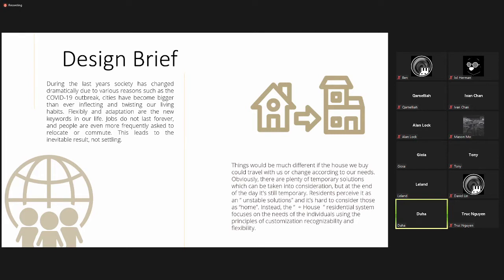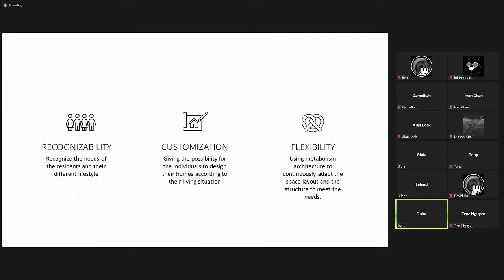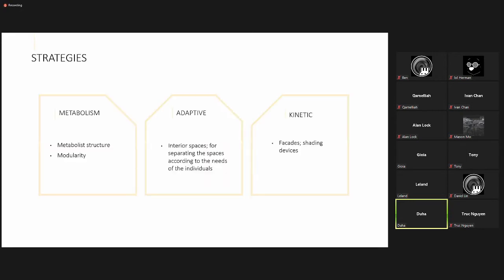Instead, the Plus House residential system focuses on the needs of the individuals using principles of recognizability, recognizing the needs of the residents and their different lifestyles. Customization, by giving individuals the possibility to design their homes according to their living situation. And flexibility, by using metabolism architecture to continuously adapt the space layout and the structure to meet their needs. So the strategies